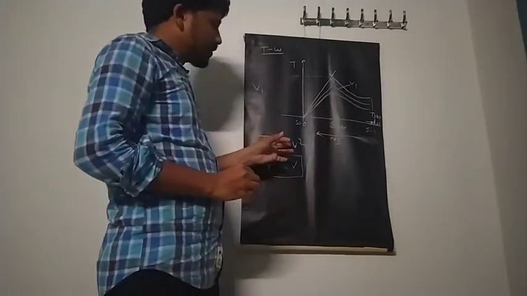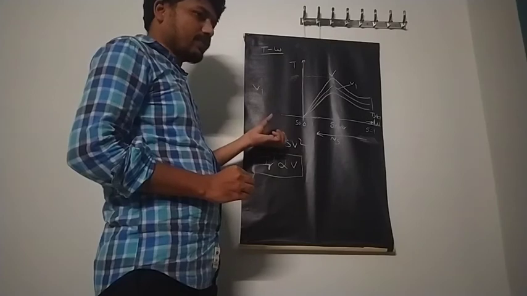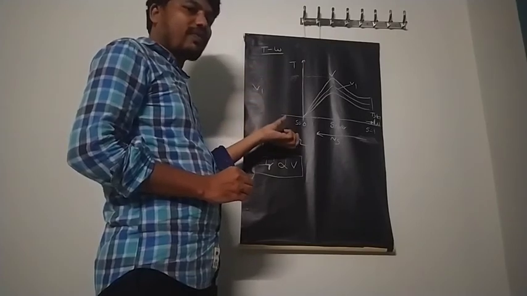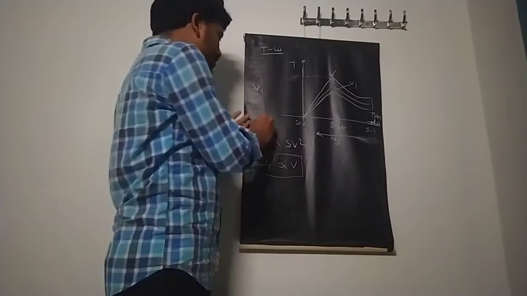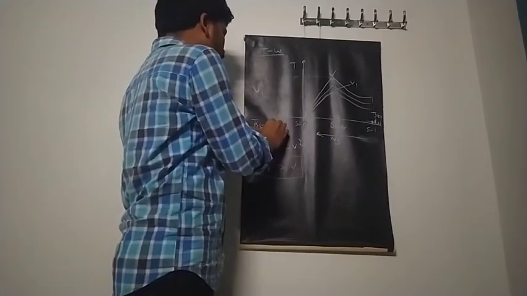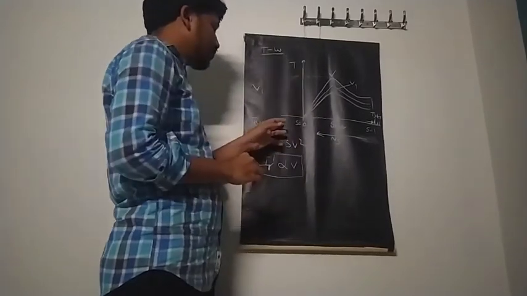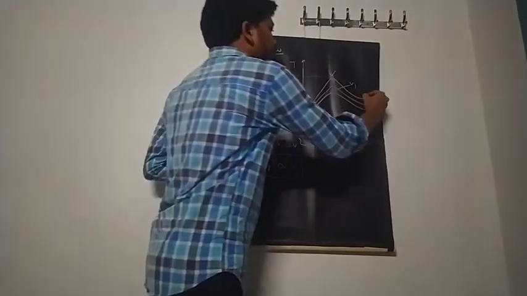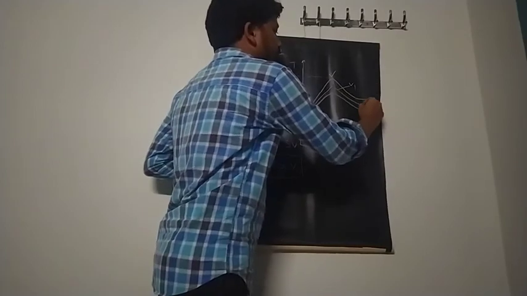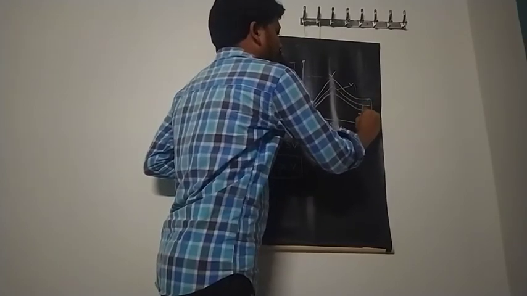From this relation we can conclude that whenever the voltage reduces from the rated value of 415 volts to, let us say, 400 volts, definitely torque decreases. Similarly, T starting is also a function of the square of the voltage. Therefore, whenever the voltage decreases, the starting torque also decreases to this value. This is the T starting 1.